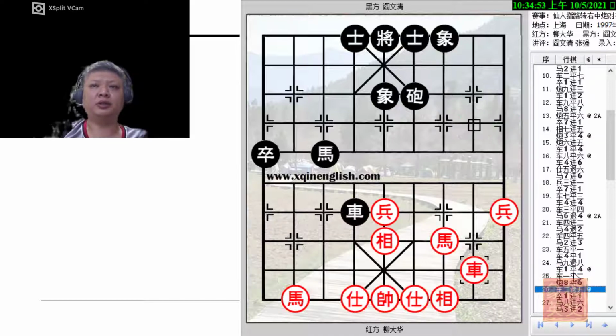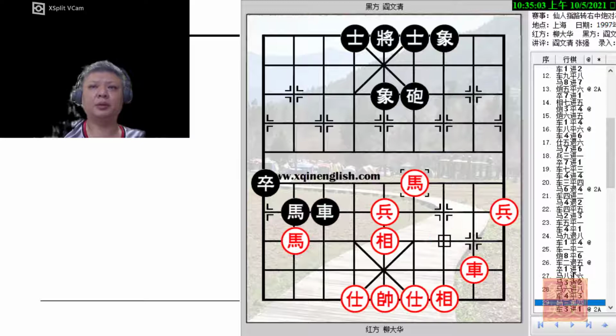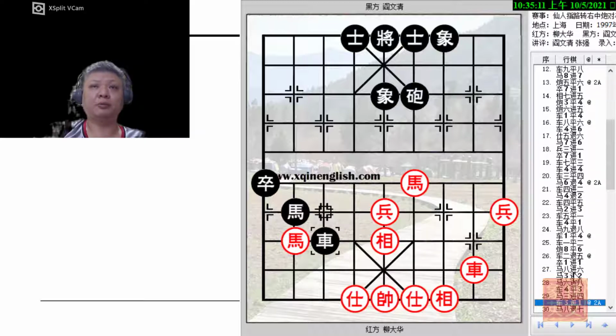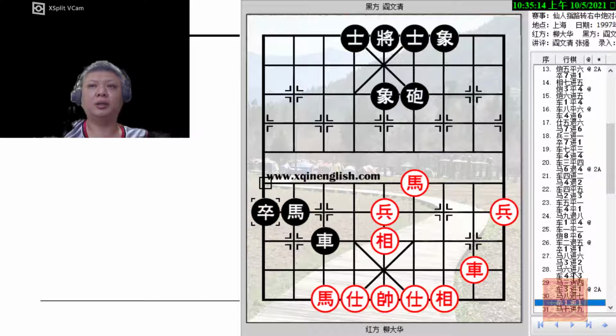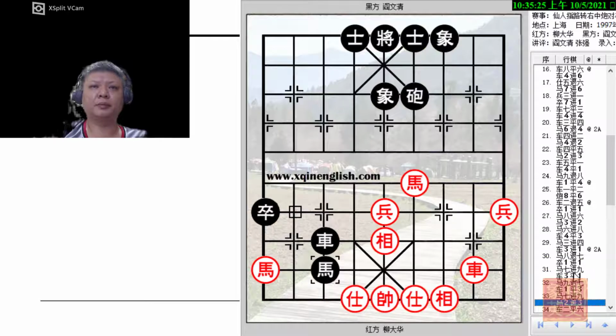Red tried to defend tenaciously, but the black pawn will now have crossed the river, and this will become a major threat. Red tried to move the other horse, trying to create some mischief, but black would have none of it. Pawn is advanced. Again, black would attack the horse in this manner. Afterward, black decided to change his moves, delivering a check,